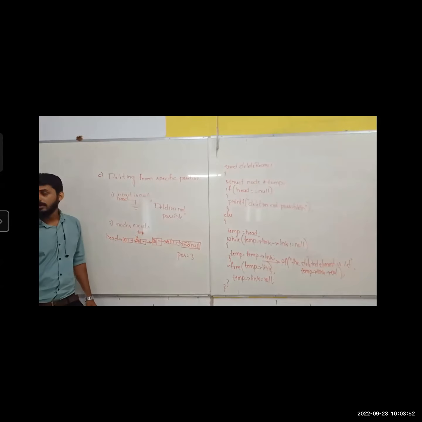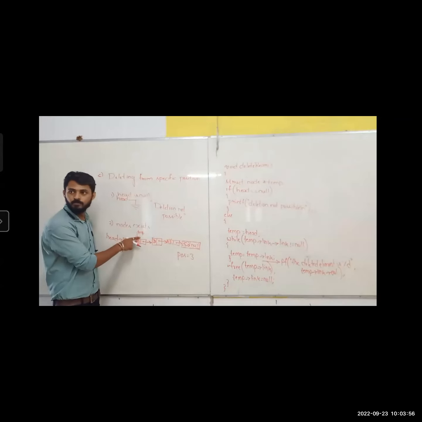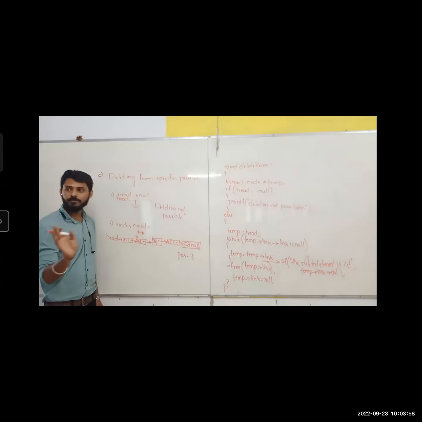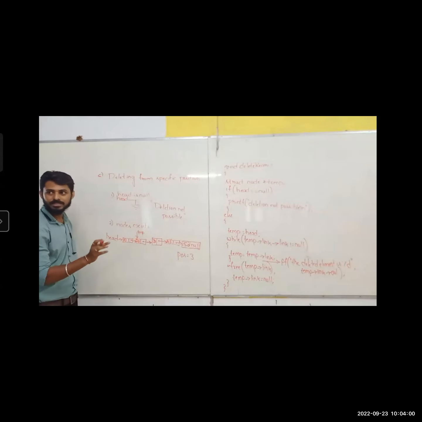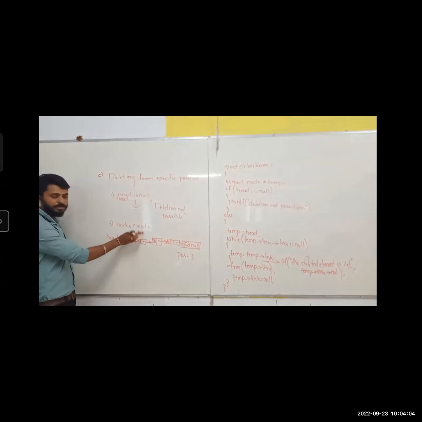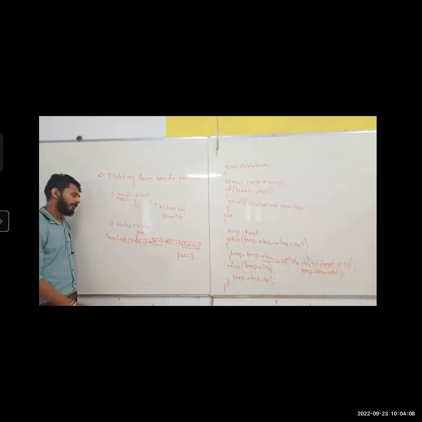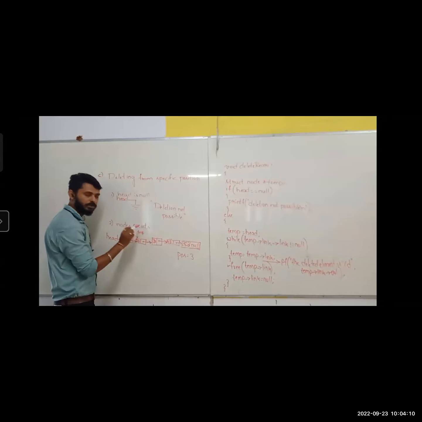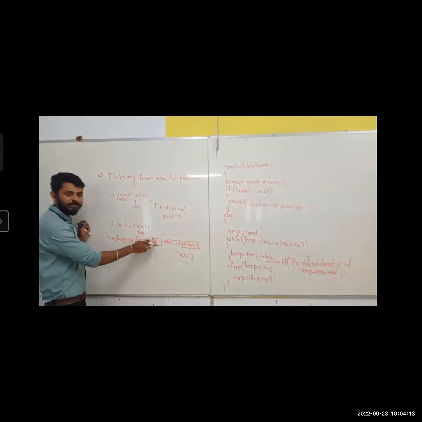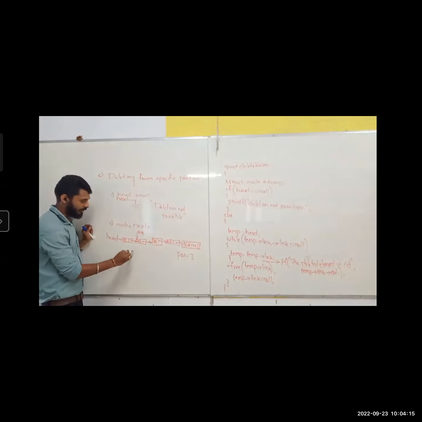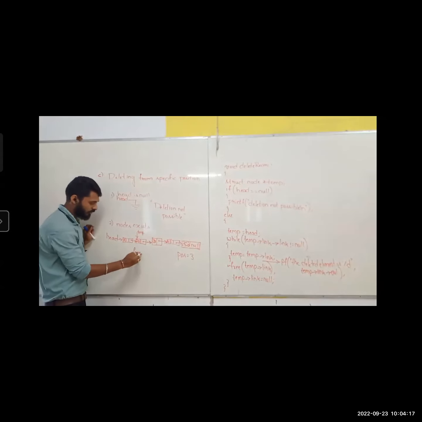Yes. Or otherwise, there are two ways. One is stop here. Some of you will think, sir, only one is sufficient. I will say that here one pointer, or one temp, is not sufficient. Two are required. Why are two required, sir? Fine. Now temp is pointing to here, you assume. Now I want to delete this. How can I delete? Simple. Free temp.